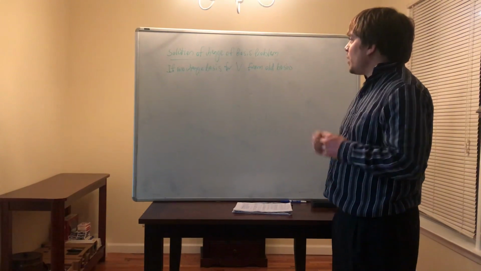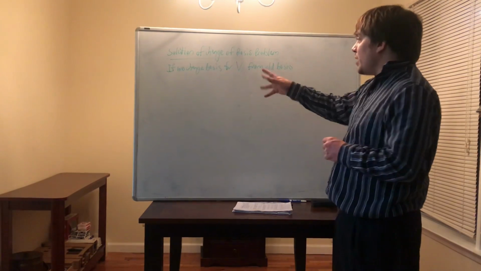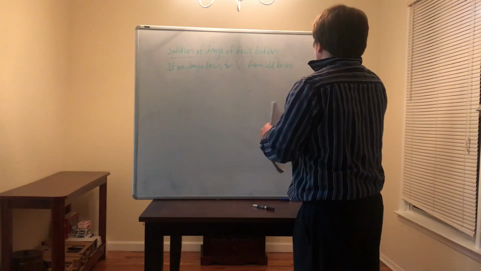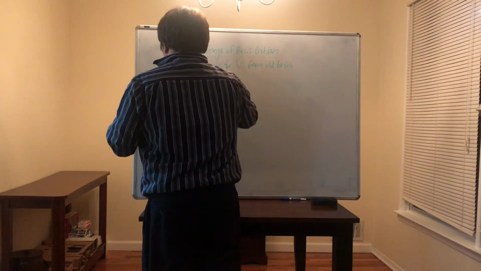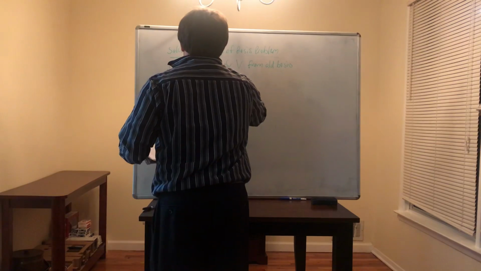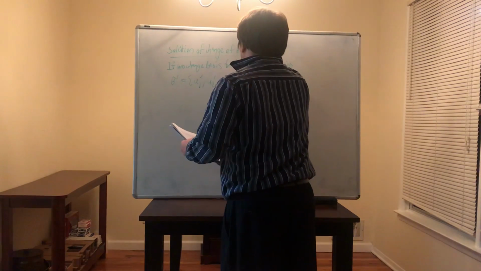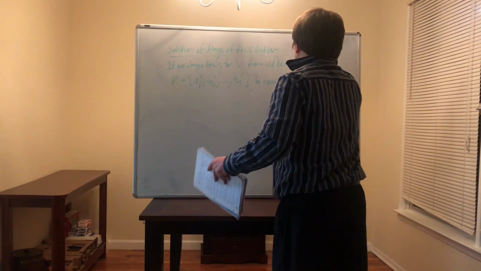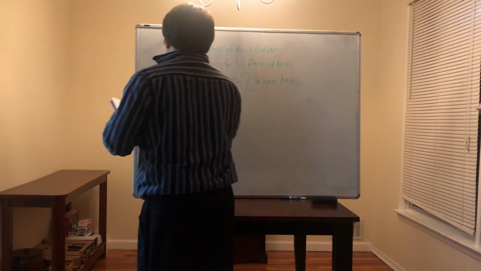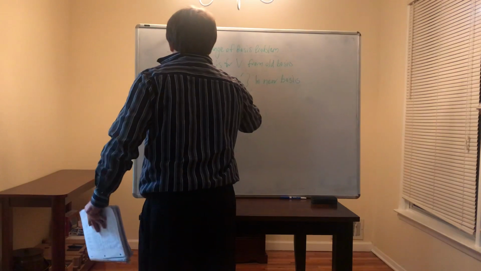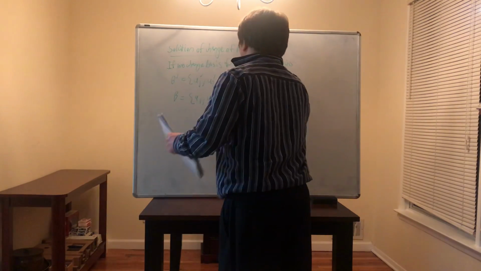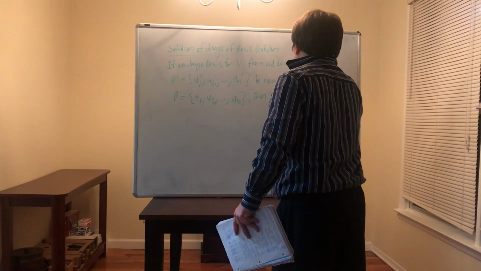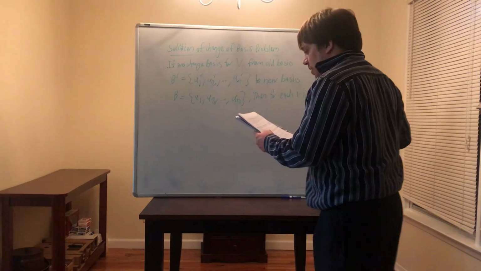So this is a solution of the change of basis problem. If we change the basis for capital V from an old basis, B prime, which is equal to the set u1 prime, u2 prime, dot dot dot, un prime, to a new basis, B, which is u1, u2, dot dot dot, un, then for each little v in vector space capital V,